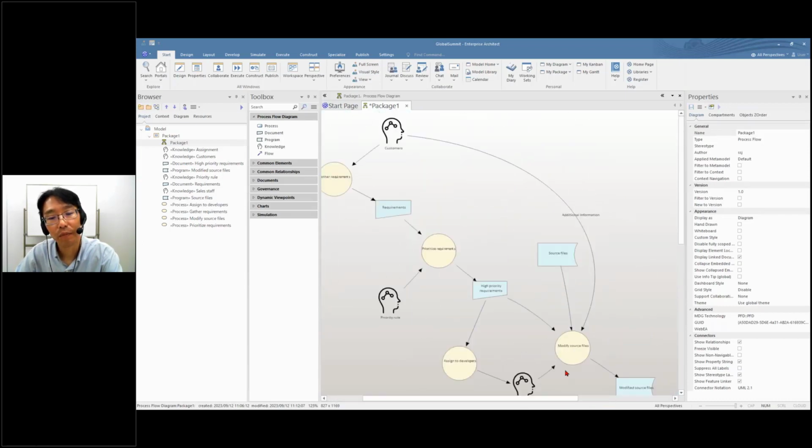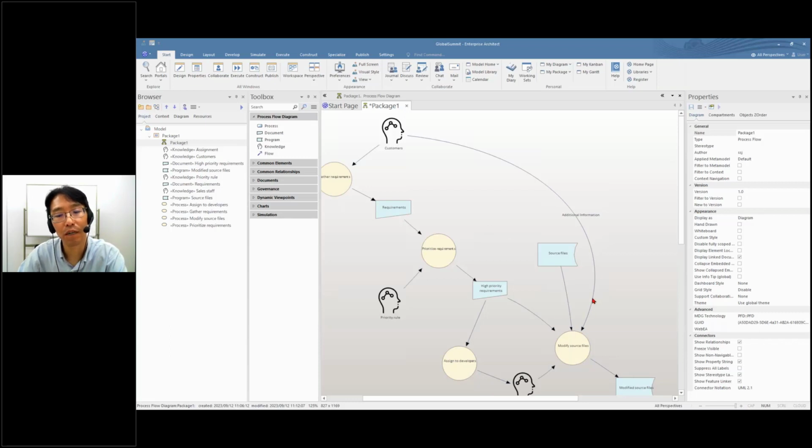And by thinking from the goal, we can find undocumented information or undocumented processes. So this flow is undocumented. The process at first must consider only these requirements to create these modified source files, but that's currently not the case.